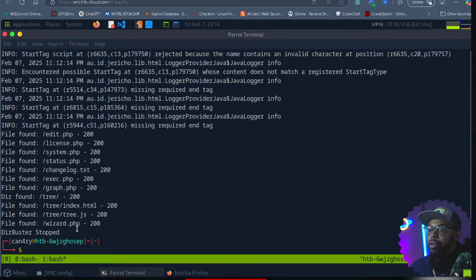Let's see what we got so far. Oh, look at that. changelog.txt. We got system.php, graph, and this is about a graph. Oh yeah, we got some way better good stuff. Okay, so let's start off with, let's see what edit is. I don't think it might be important, but